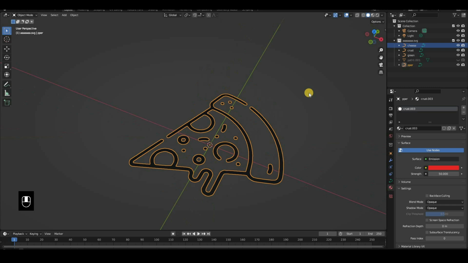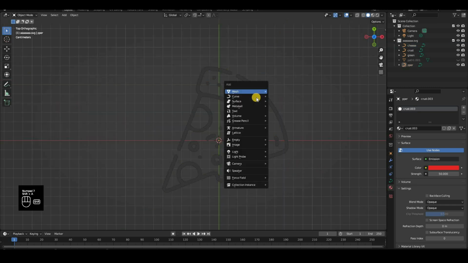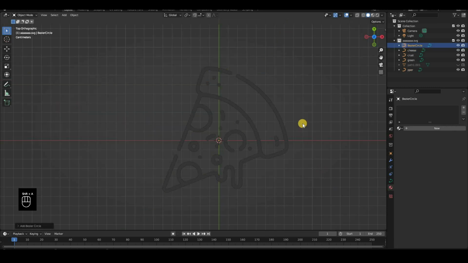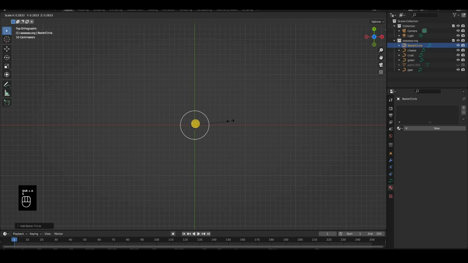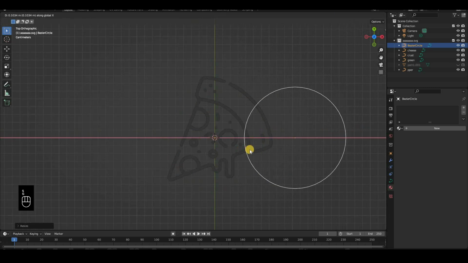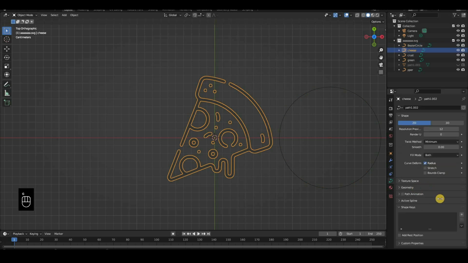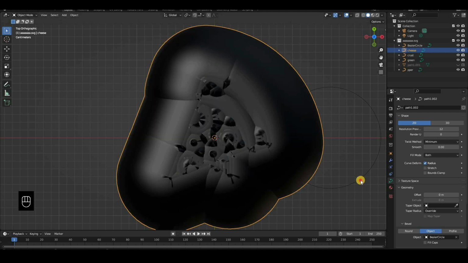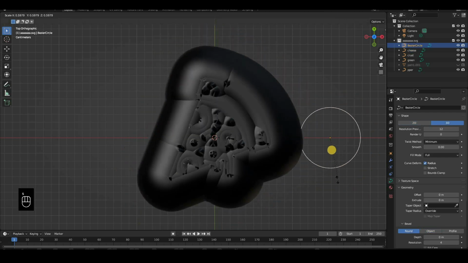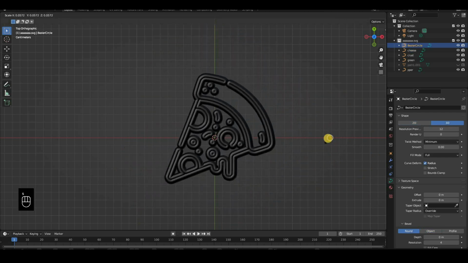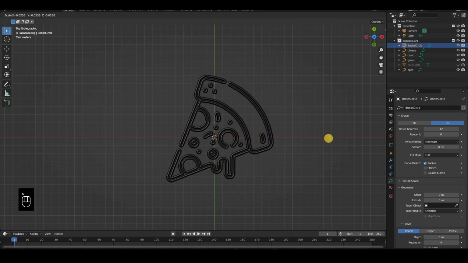Basically what you're going to be doing is, once you're done, click Shift A and then Curve and add in a Bezier circle. I'm going to scale it a lot smaller and move it on this side. Click on cheese one and go into Geometry, Object, and select the Bezier circle. Now we'll just scale it a lot smaller until about